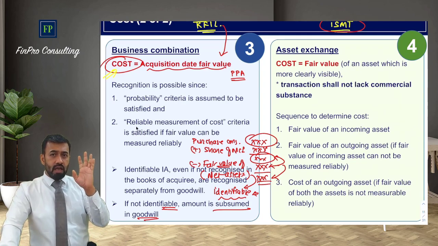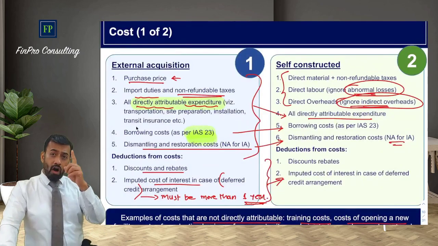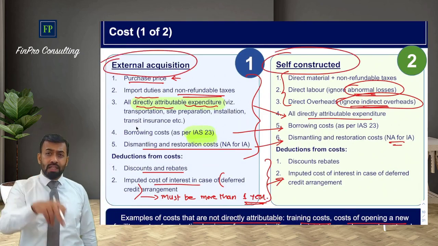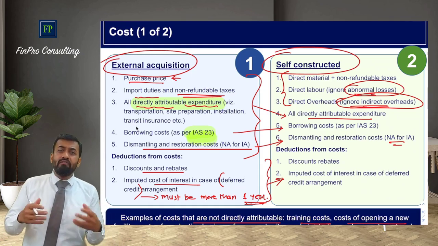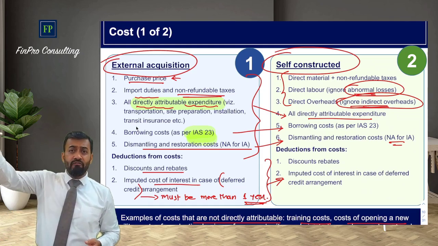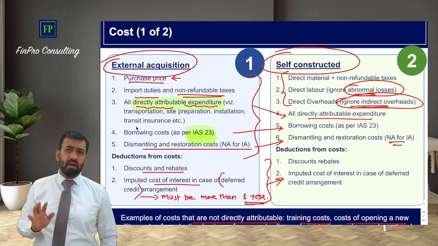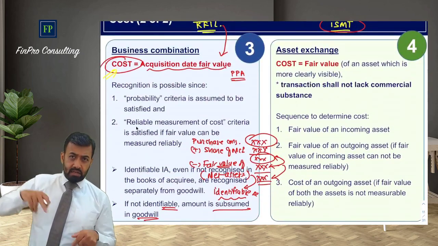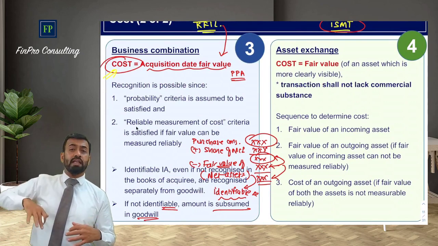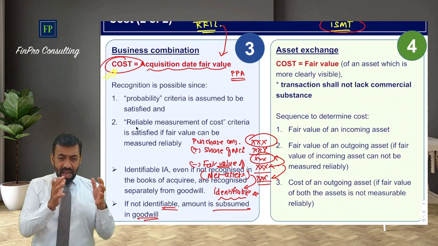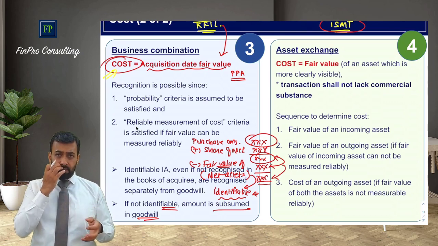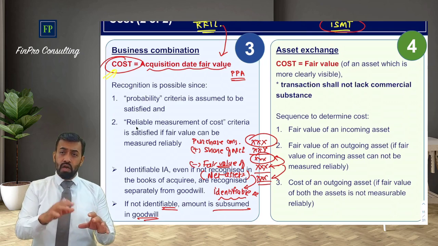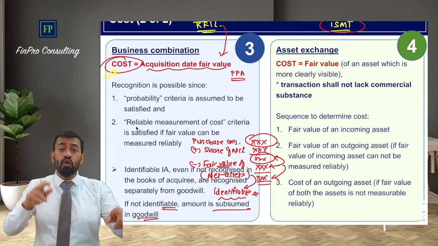What is cost? Simple. Now, principle is very simple. Just remember about this. Now, whenever we are saying cost, whether it may be external acquisition, it may be self-constructed, in both these cases, how we have determined cost, just because of what you have paid, am I right? Purchase price plus taxes, etc., whatever it is. If somebody is accepting my asset, which is there in my books, and giving me another asset for it, it means that asset which I have has certain value to it, right? But then can I recognize or maintain the same asset's carrying value as the incoming asset's value? Answer is absolutely no.